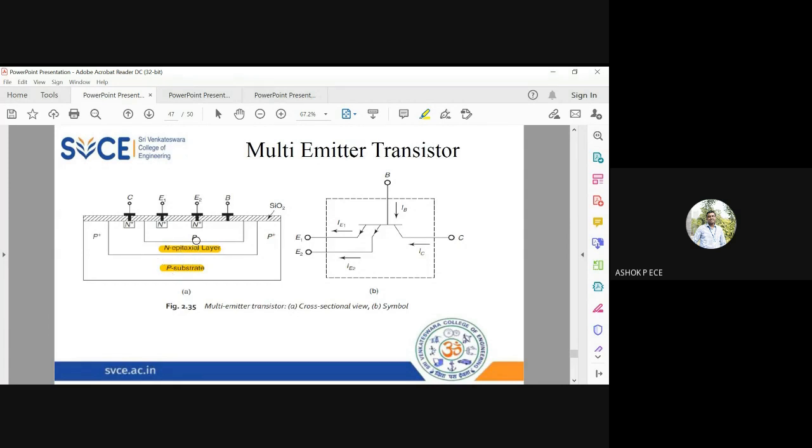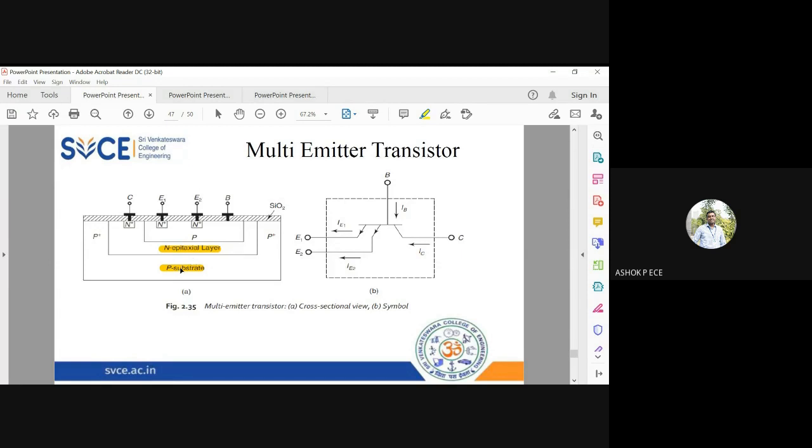Again, over the N-type, I'm going to have one more P layer. And in the P layer, I'm going to have two N plus regions which are going to be for emitters, and one region which is going to be for base. See, base is P and emitter is N, so it's an NPN transistor. Collector is also N. And definitely you cannot have the N layer as the bottommost layer, so you will grow this N layer on a P-type substrate. The NPN transistor substrate will be the opposite, P-type. If I'm going to go for a PNP transistor, substrate will be N-type.